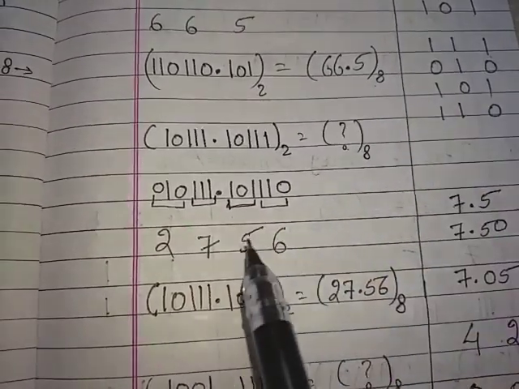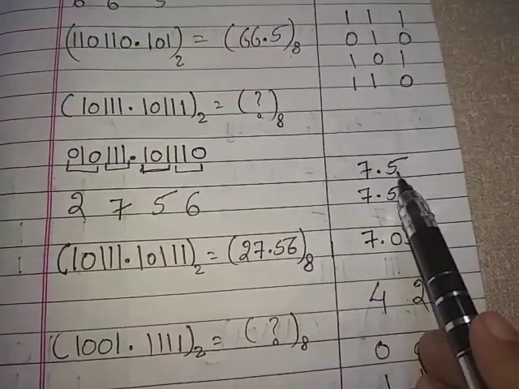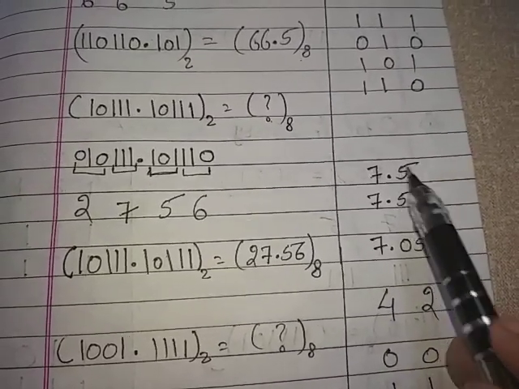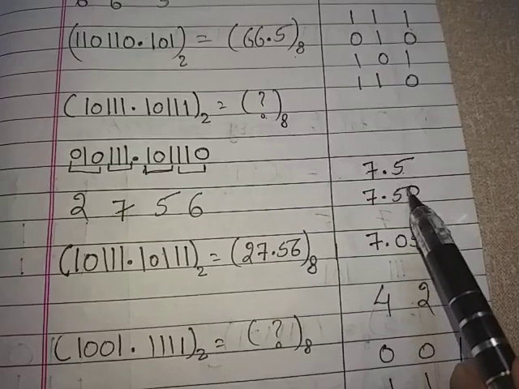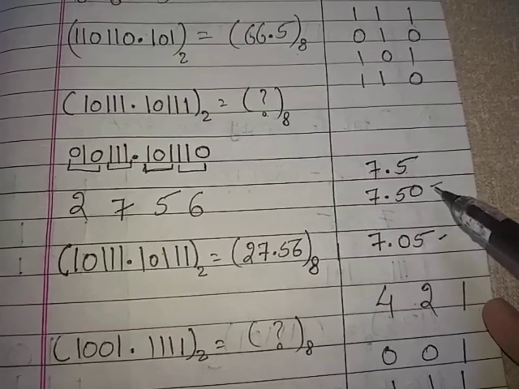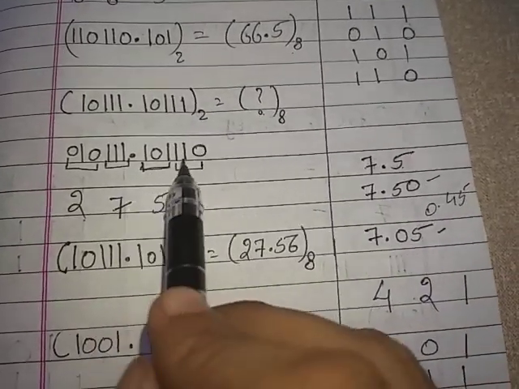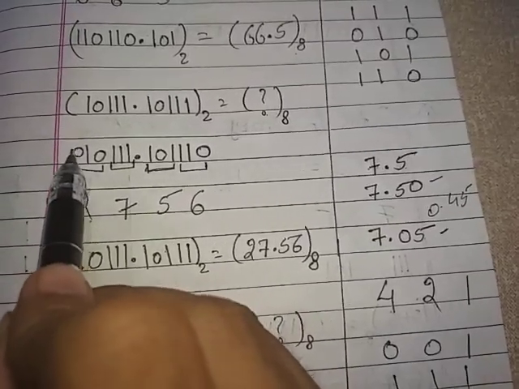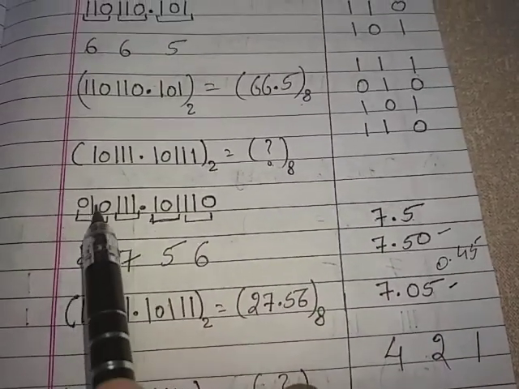Now why on the rightmost? Again, if I say I have 7.5, and I add a 0 on the right hand side the value remains the same, that is 7.5. But if I add a 0 just after the point and before the value, it will become 7.05. That means in these two numbers there is a difference of 0.45. Hence we are adding 0 at the rightmost after the decimal and we are adding 0 at the leftmost before the decimal point. So again we are going to put these values into the 4 2 1 formula.